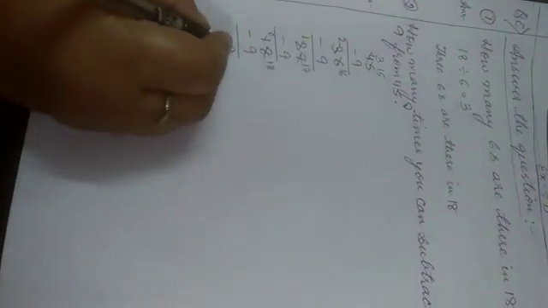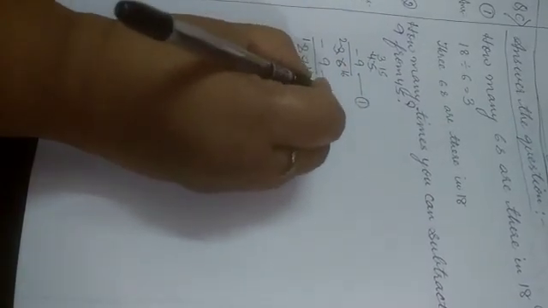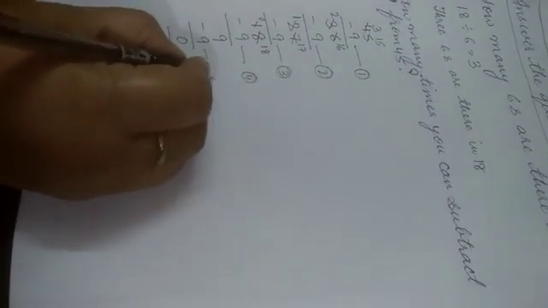Then again subtract 9. It will come as 17, and this will be 1. 17 minus 9 is 8, and here 1. 18 minus 9, borrow and make it 18. This will come as 0. 18 minus 9 is 9. Then again 9 minus 9 is 0. Till 0 you have to go on subtracting. Now this is the first time you have done it. How many times do you have to count? So this is the first time, second time, third time, fourth time, fifth time.